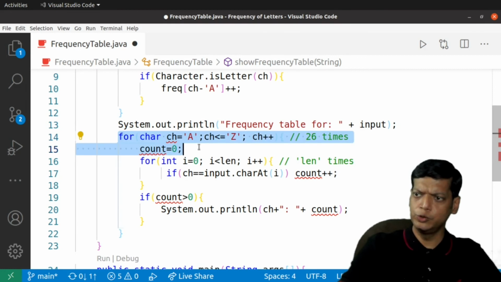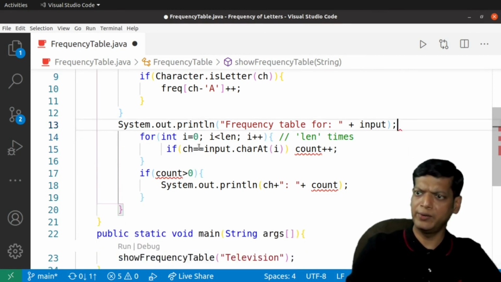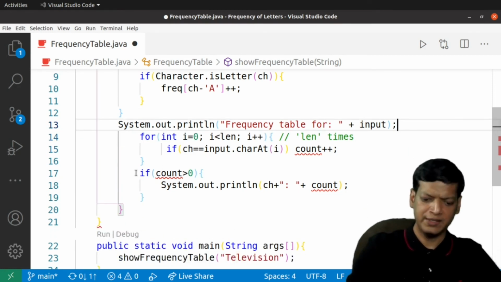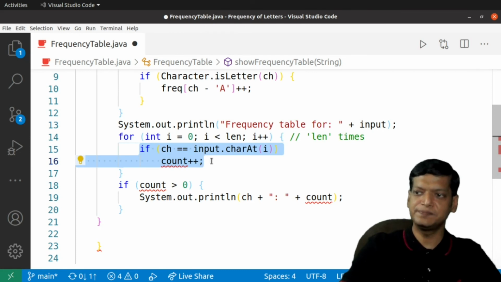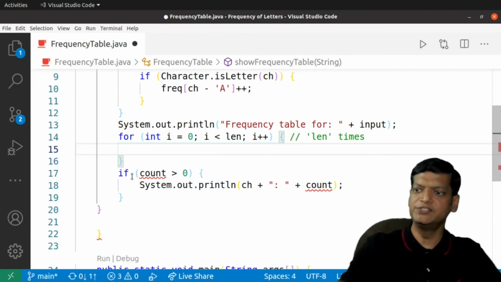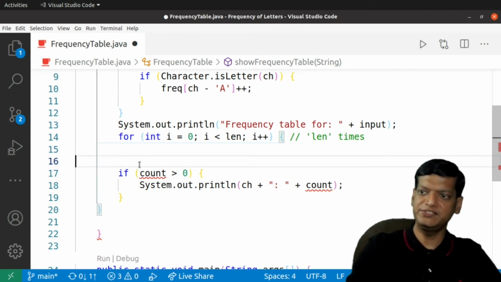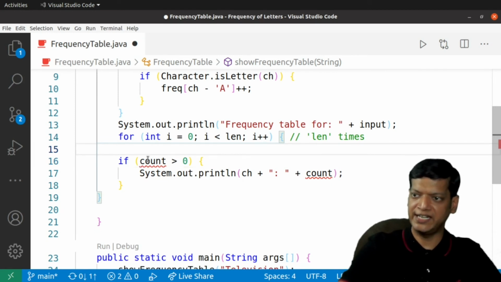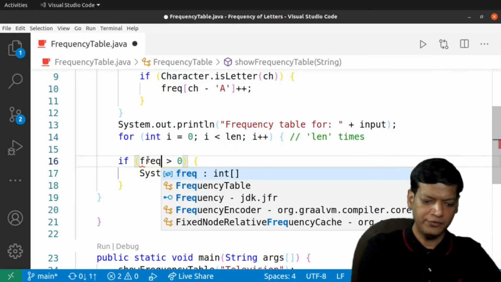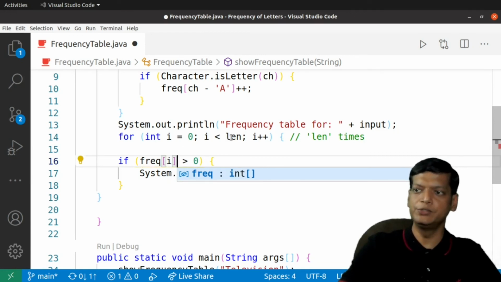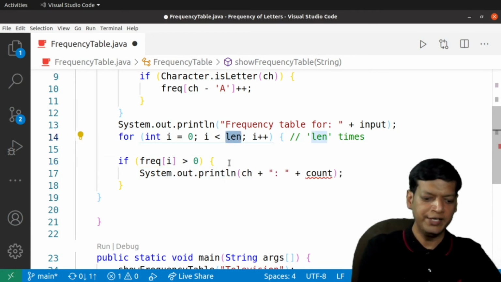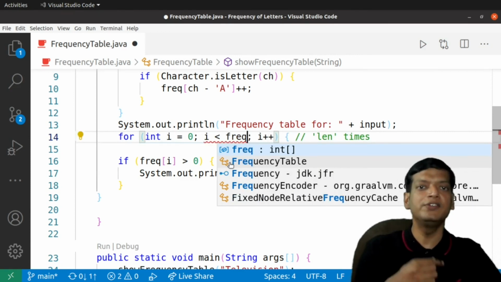Now once all this is done, we have to print it, and when we are printing it, obviously these two loops are not required. We only require one loop. And what we'll do over here is that our variable is no longer known as count, it is known as frequency. So if frequency of i is more than 0, and please note it shouldn't go till length now, it should go till the length of the frequency array.